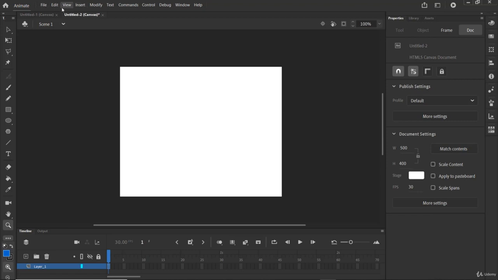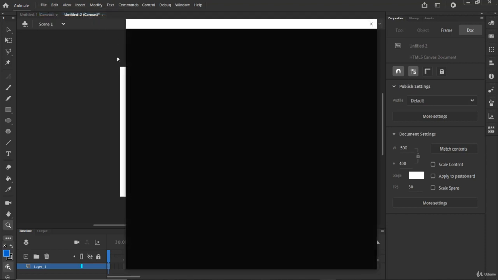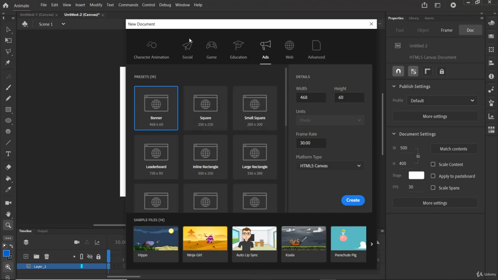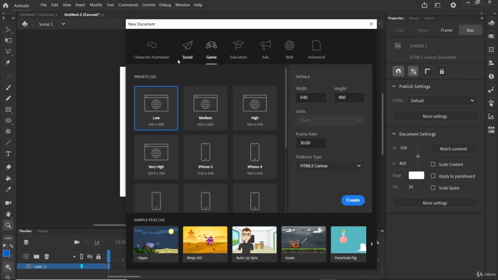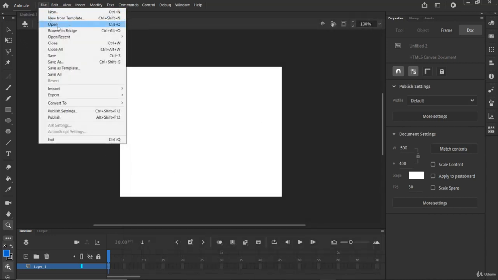Now you can see you have the menu. In the menu you have different file options. If you want to create a new document, you have to click on New. Then this new document dialog will pop up, and you can choose the different document you want to create. I think you learned in the last video how to create a new document. In File you have different things. You can choose New from Template. We don't have a template right now, but later I will show you how to use different templates. If you have some projects you have created, you can see recent projects, and you can close.